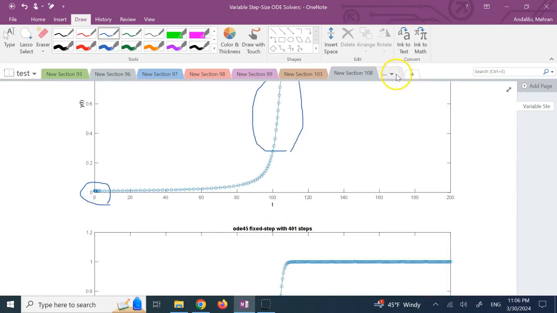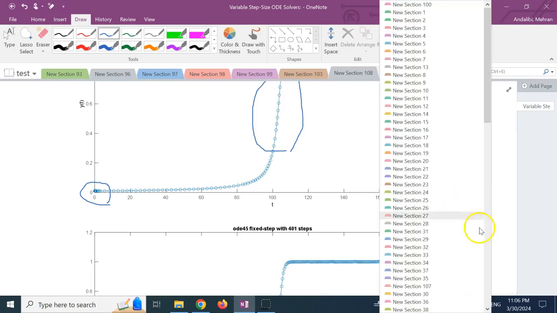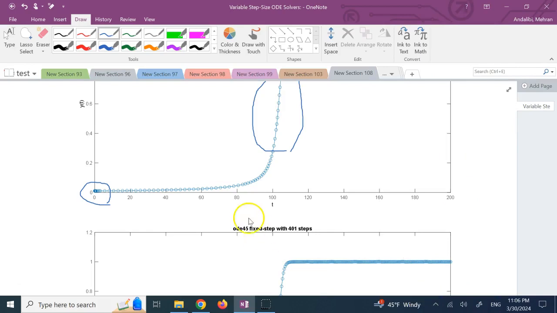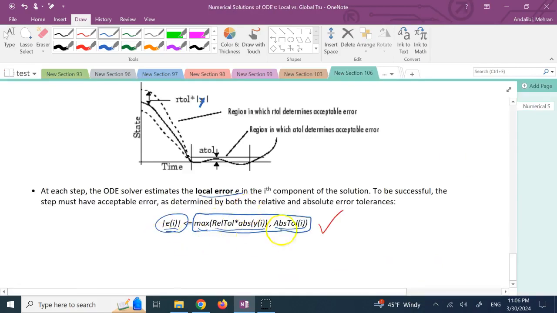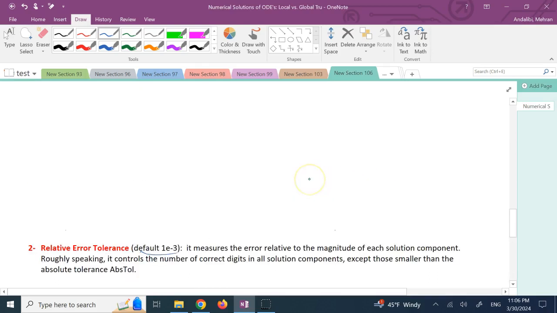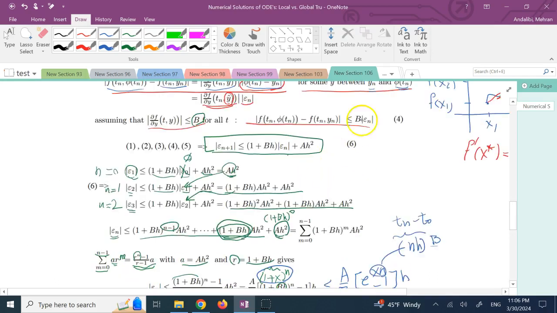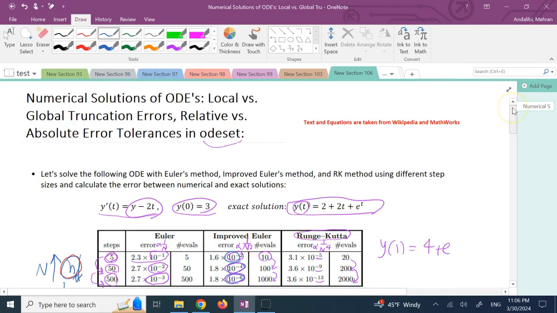So before I move into that, I needed to explain these error terms for you and how something like MATLAB calculates the upper bound of the error. Then I can go ahead and explain to you the variable step solvers, and finally